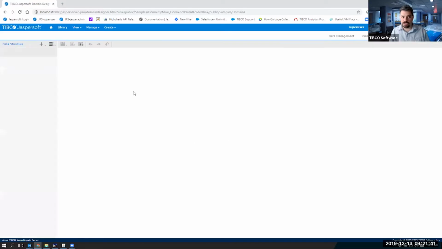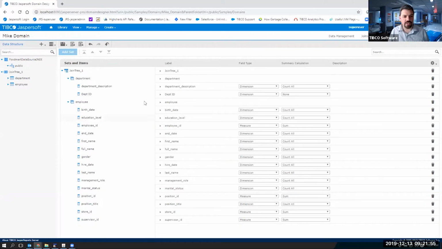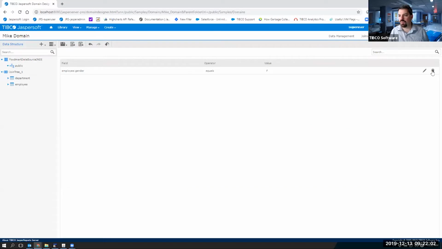And since it's an existing domain, I don't get that first screen where I'm choosing the data source and the schema and all that. It jumps me right into the data presentation section. And you see I added a department ID here. So I have it in there twice. That's kind of silly. I'm going to go ahead and just delete this one so I don't get confused next time. But now I can say, you know what? I don't want that pre-filter. I'm going to just delete that.